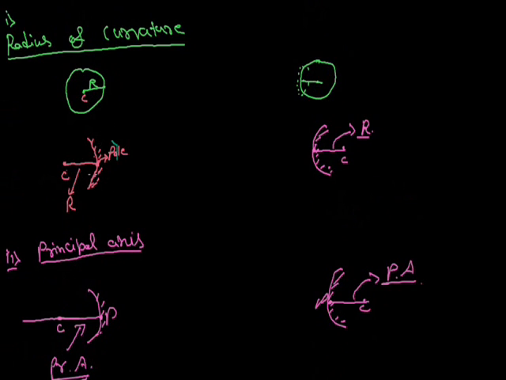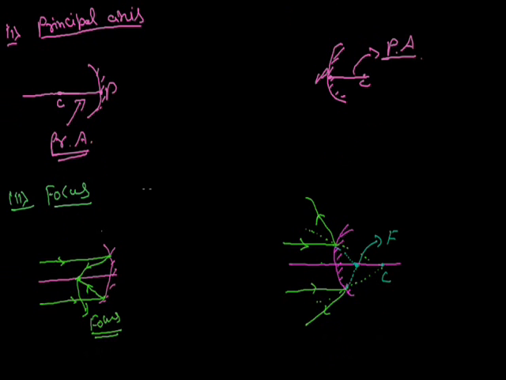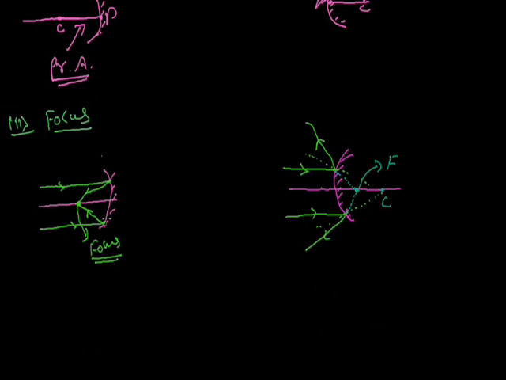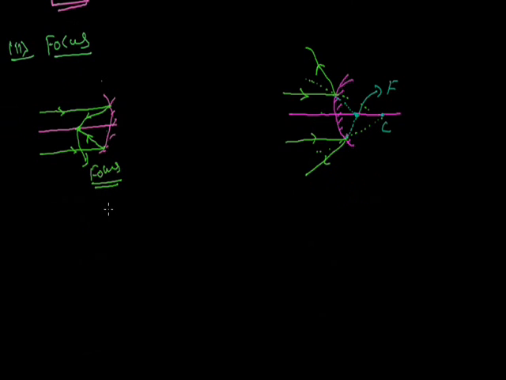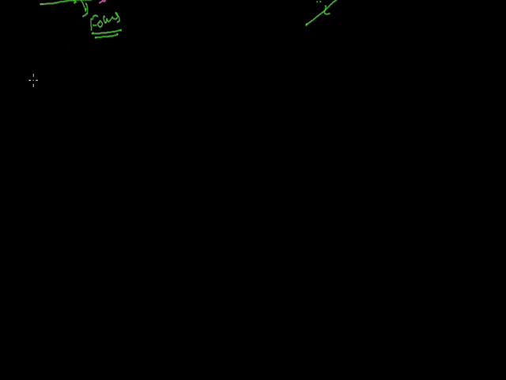Firstly we start from the concave, then we move toward the convex. Principal axis we defined for the concave, then we defined for the convex. Focus we defined for firstly concave, and after that we defined for convex mirror. So where we will use, these are the basic terminology. Throughout the study we will deal with these formations.